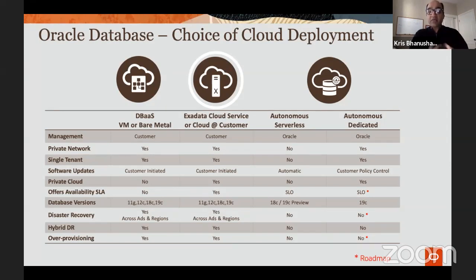And I'll explain what I mean by that. The journey from managing and worrying about databases and administering them yourself to more towards autonomy, where you are now able to focus on things that matter to you and allow the service and the automation and the AI to take care of managing the databases. So on the extreme right, the autonomous dedicated platform is such a platform. And we realize it's a journey. And so you can see that all the steps in the journey are covered.